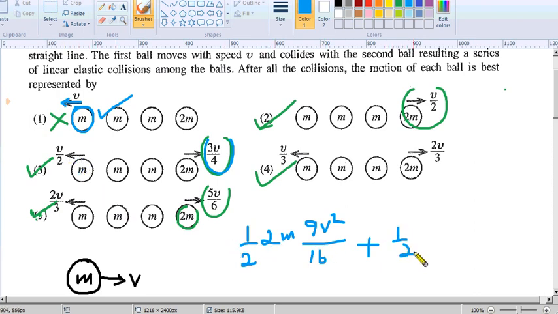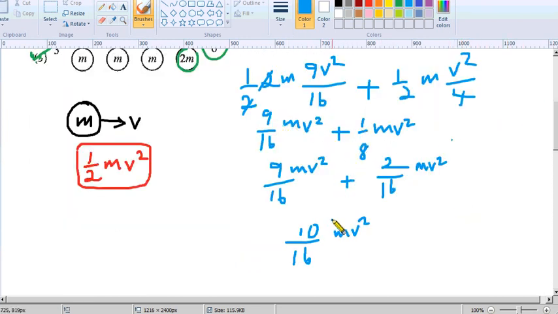So half m, the value of v is this value, we have to get the square of it, so v squared divided by 2 times 2 is 4. So simplify. So I simplified, we get the value 10 divided by 16, that is not half, we must get half, then mv squared is there, so we don't get the initial value, therefore